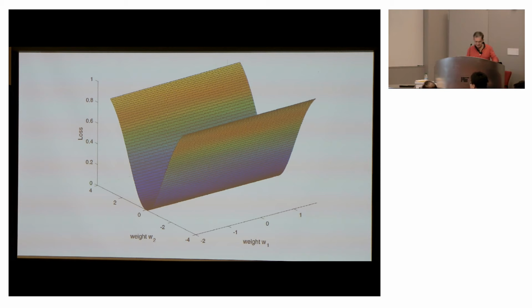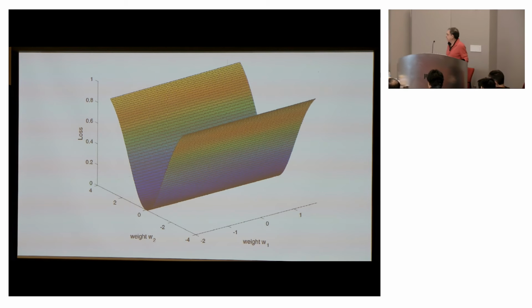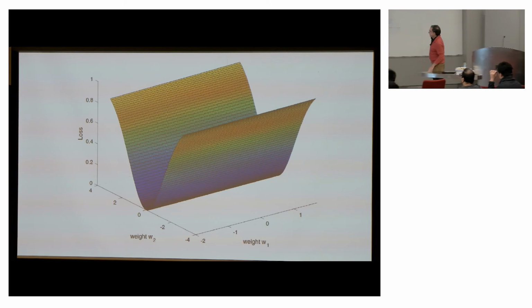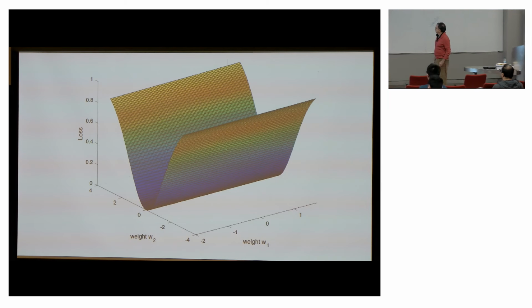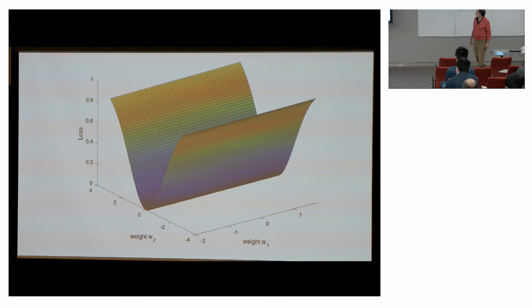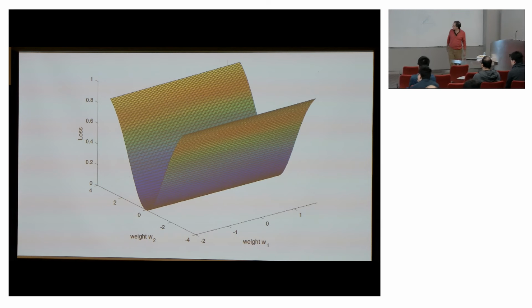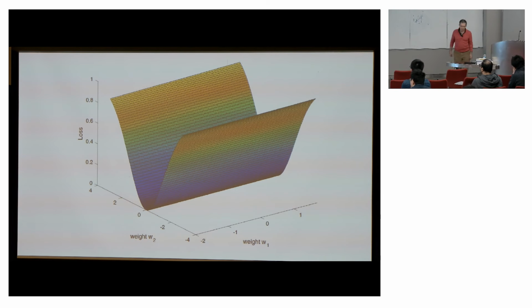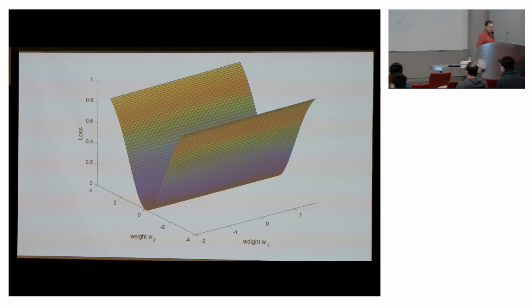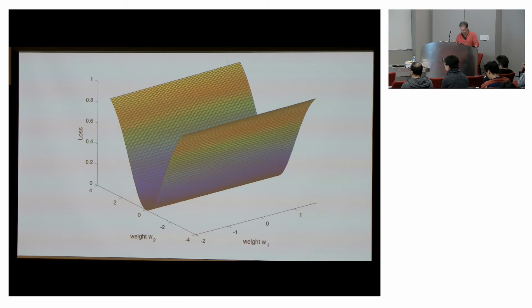In that case, this is an extreme case in which not only the second derivative along that direction, along W1, is 0 at W2 equals 0, but all derivatives can be 0 in that case. And so